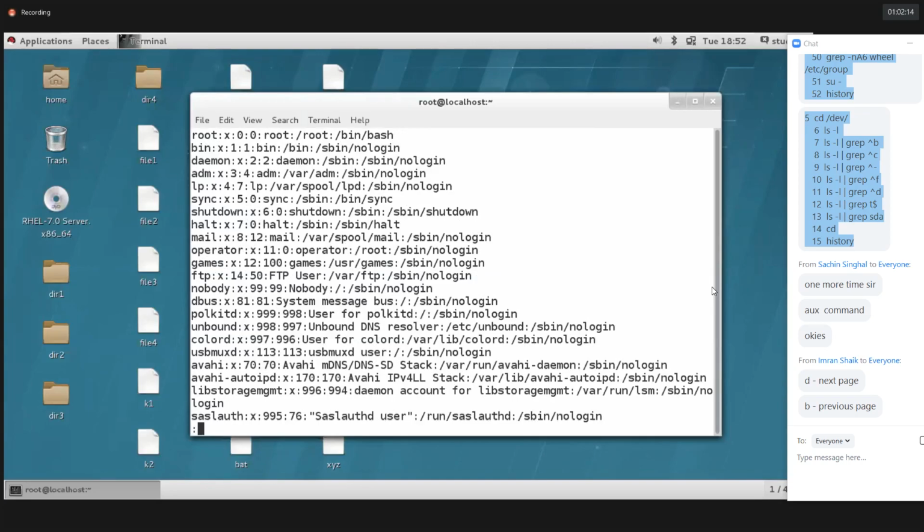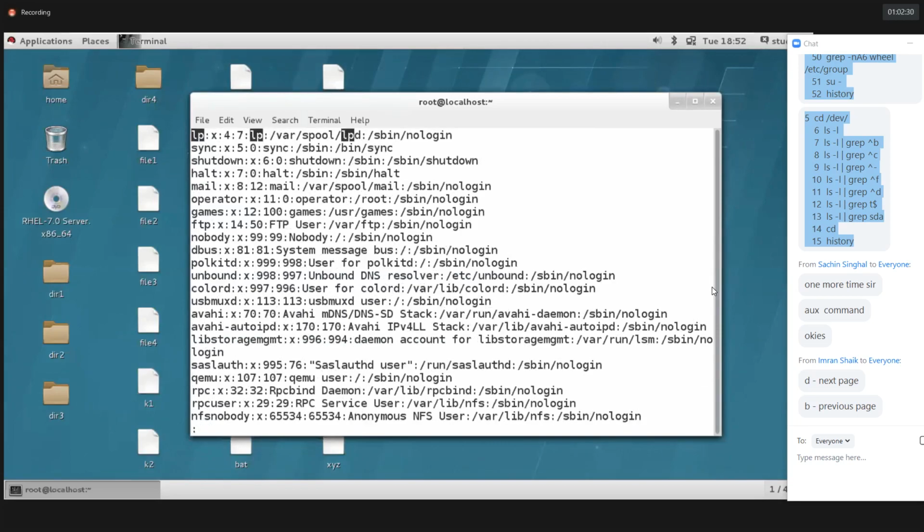So I hope you got it. Now I need to search for a word in this file using forward slash, and then I provide a word, for example LP. It is going to find where the LP word is located. To search for a word, we should use forward slash. We already did this yesterday in the VIM editor. So forward slash to search for a word.